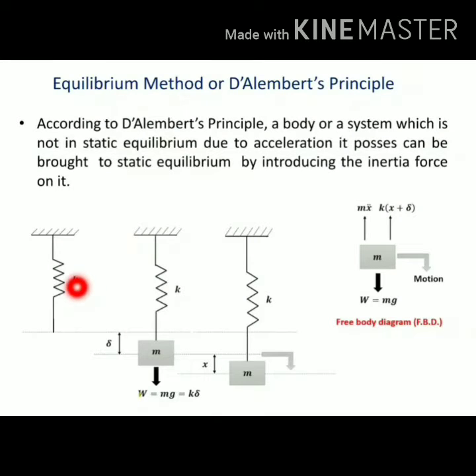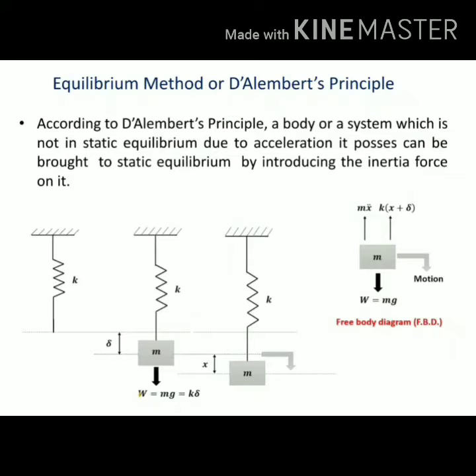We see the figure, spring in unstrained position, and when mass m is attached to the free end of the spring, it will deflect by delta due to gravitational force. In the free body diagram of mass at mean position, the spring force K into delta is acting in upward direction and the gravitational force in downward direction. So we get mg is equal to K delta.